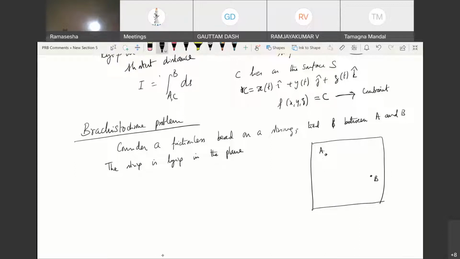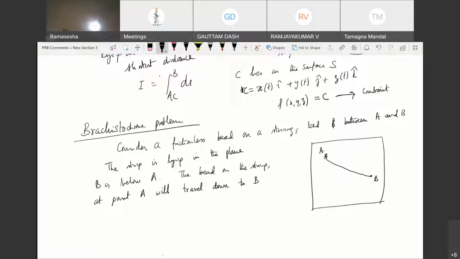So now I will draw a string. Okay, and I have a bead on the string, at point A, which will travel down to B. The question is, what is the shape of the string